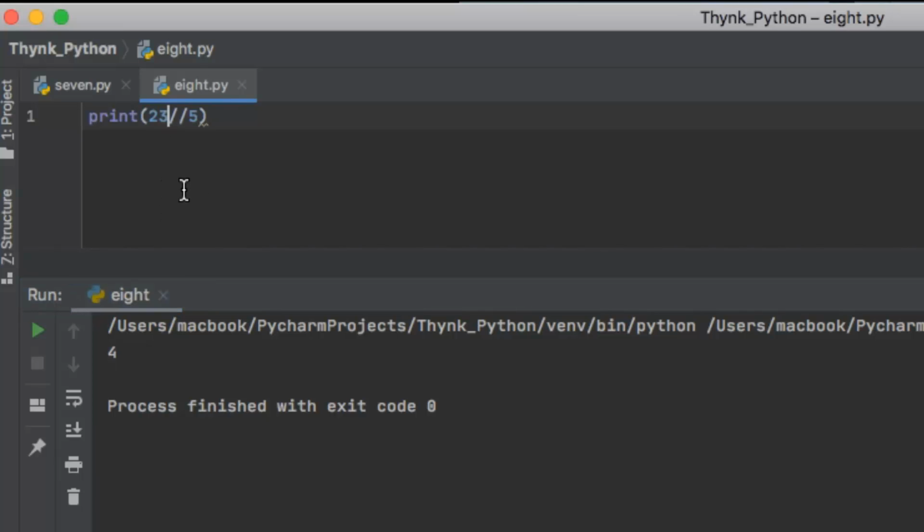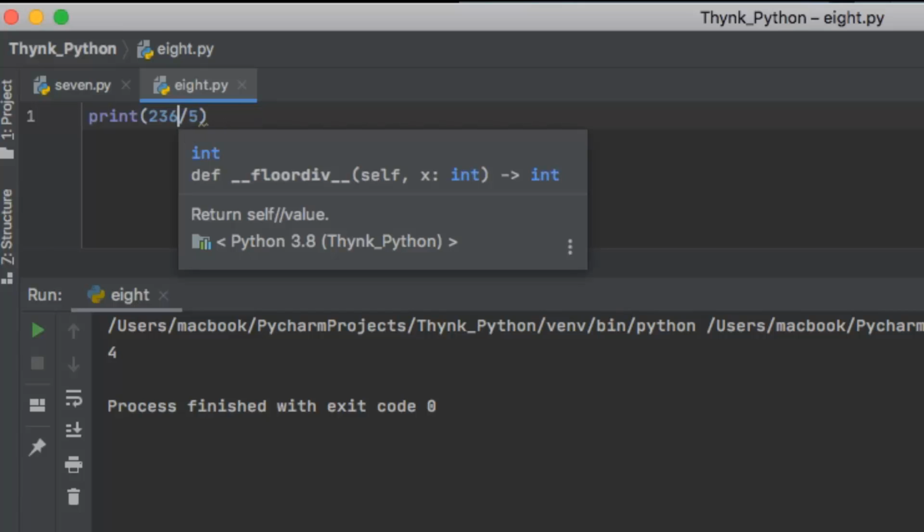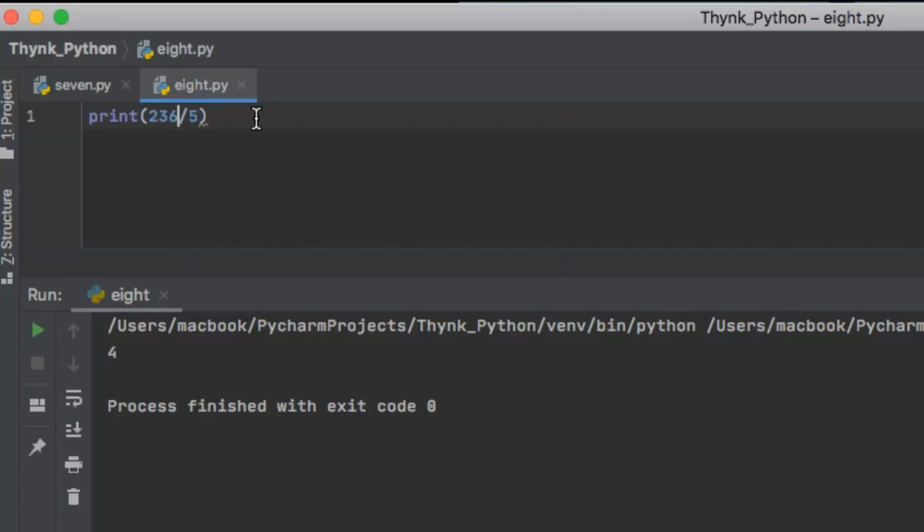So let me take a bigger number, 256 divided by 5, and let us first see the result with the single division operator. It should give me a floating point number. So I run it. It is 47.2, right? And I want to show you a bigger decimal number, maybe with 3. Yeah. So this is 78.666, so many 6s and a 7. This is a floating point number, but I don't want my result to be displayed in this manner. I want the simple whole number or integer. So I'll use one more forward slash for the division.